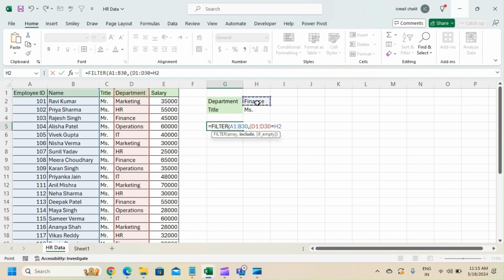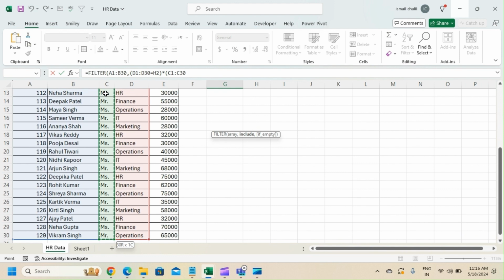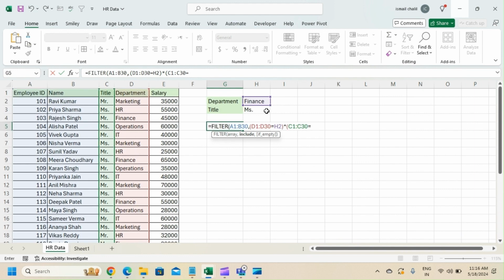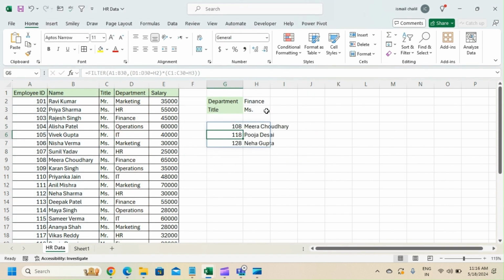So I select here, comma, sorry, close my bracket, and in this case there are two criteria, so we're going to use the multiplication or asterisk here. I'm going to explain a little later why we do this. And I define my second criteria in a bracket. What is it? The title is Ms. So I select this entire column is equal to this, close bracket,